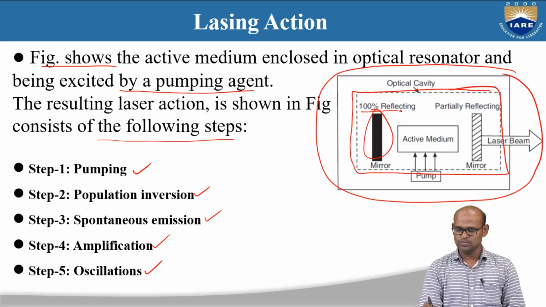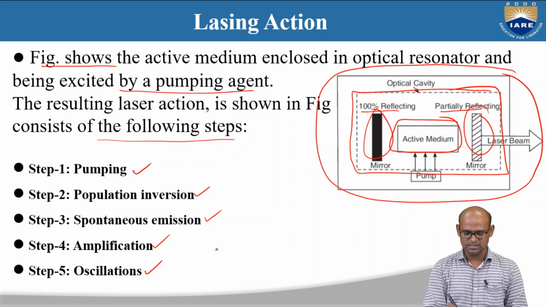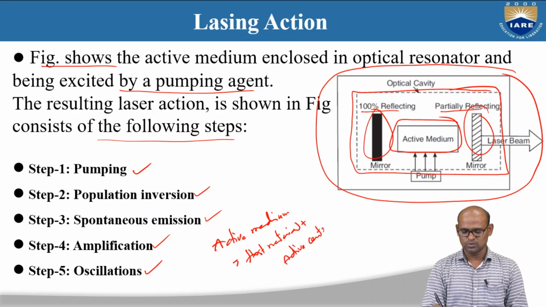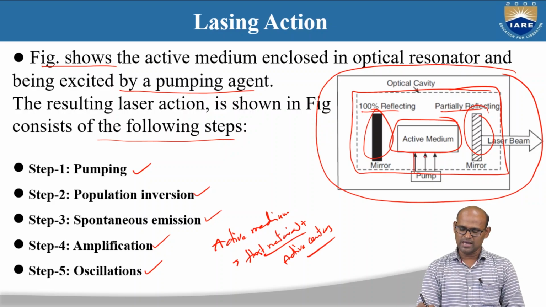Back mirror, which is 100% reflecting, and front mirror, which is partially reflecting. There are two mirrors. In between these two mirrors you have the active medium. Active medium is nothing but the host material plus active centers. We will discuss in detail what this active medium is. So the active medium is a host material plus active centers. Together they are called the active medium, and this active medium is